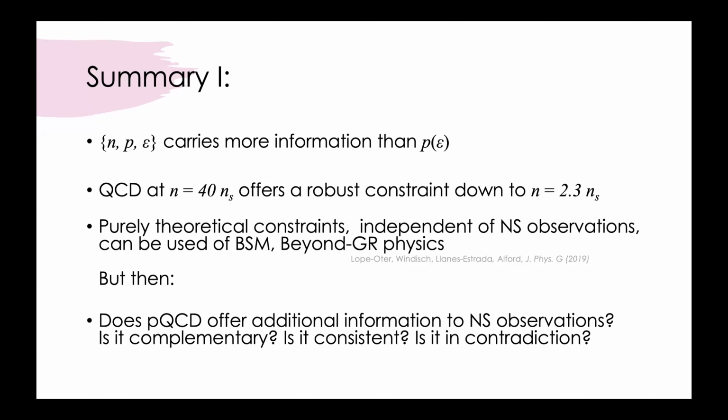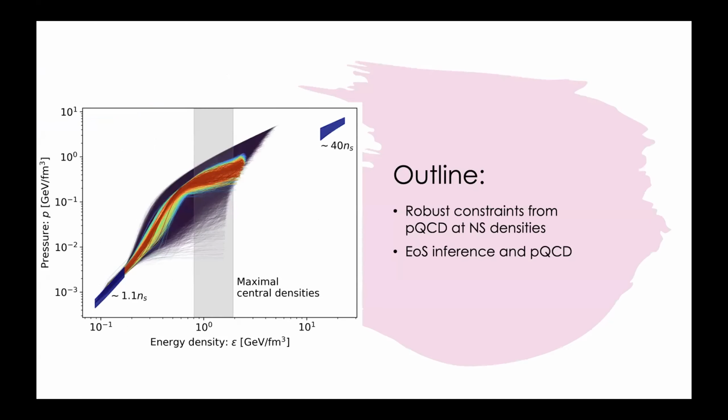And in order to do so, we need to have a framework where we can model these stars all the way from the surface to the core, and then make predictions on the neutron star properties that we can then use to constrain these equations of state. And that's part two of this talk: a framework that we constructed, using the previous paper, to study the effect of QCD for equation of state inference.